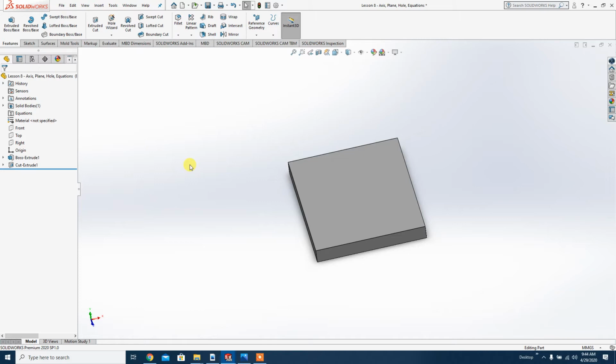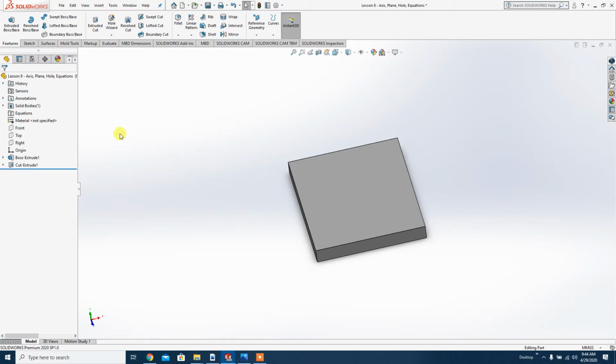When you have defined one equation, whenever you change the measurement, it will rebuild your whole part and redo the necessary changes. You don't have to remember where you have put this distance, this diameter, or this angle. So you just have to modify the dimension you want to, and everything will be done